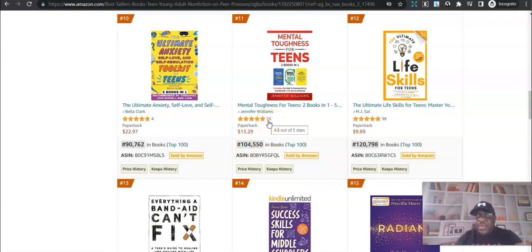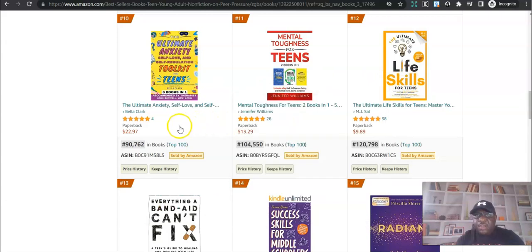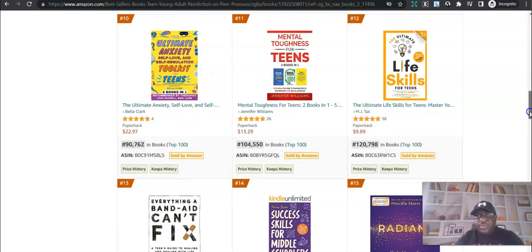But again, the whole essence, the whole idea is the competition level. If they're bestseller books with 26 reviews, 28 reviews, 4 reviews, man, you have a chance. It's easier for you to compete with books like this than to start competing with books that have 4,000 reviews. You can't even compete. You're not even in the competition. But with this, you are definitely going to compete, and you outrank these people. Just come up with a better cover, get more reviews for your book.